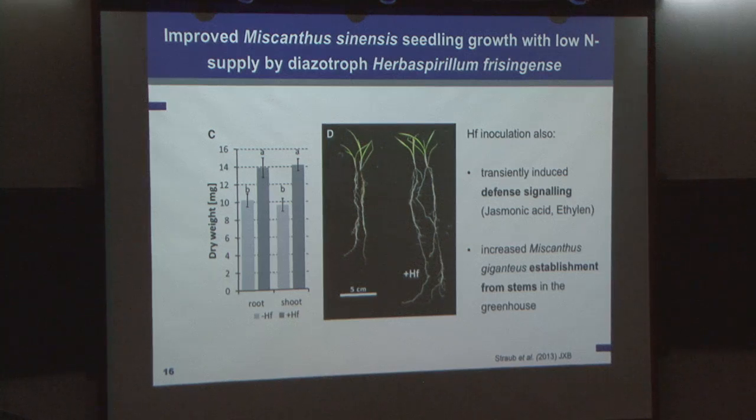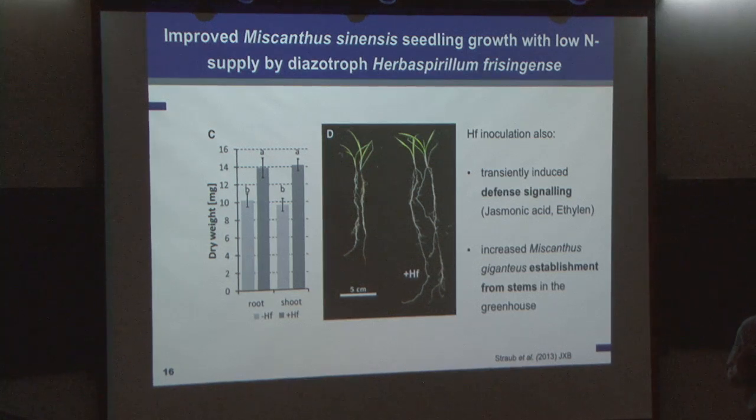And there was also a Herbaspirillum seropedicae found in sugarcane. And this bacterium that they isolated in Freising, therefore it's called frisingense, close to Munich, had a lot of similar properties as the Herbaspirillum found in sugarcane. So there were these analogies, and it sounded very interesting, and this was a very promising bacterium